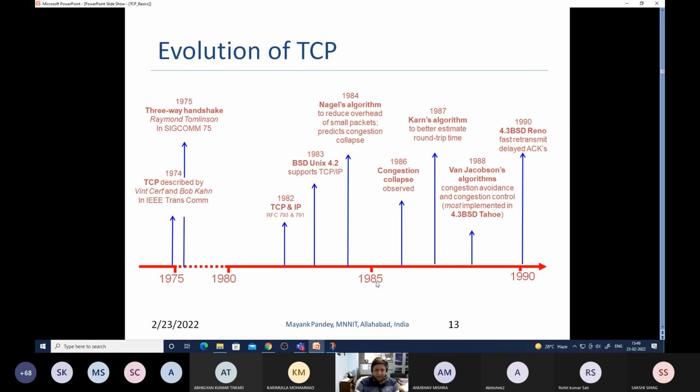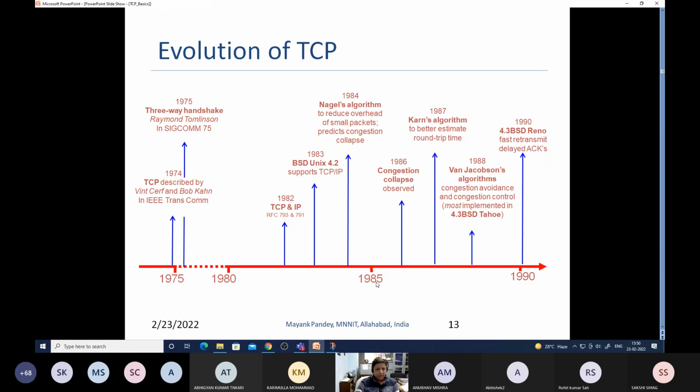So it all started in 1975 when the three-way handshake, which we are just going to see, was published. SIGCOMM, the Special Interest Group in Communication, is one of the most reputed conferences, with an associated journal of computer science and computer communication. Everybody like me who is working in computer networks has a dream of getting one paper published in this particular conference. The associated journal is the ACM journal. So in this paper, the three-way handshake was first published in 1975,